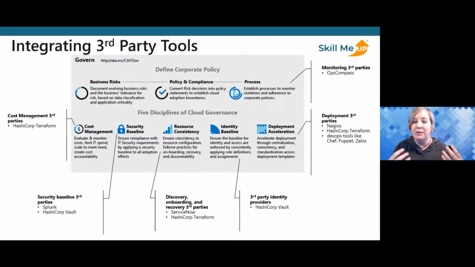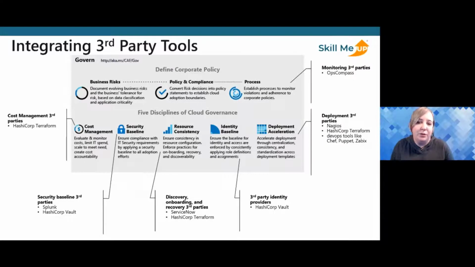You can think about bringing some of your ITIL-based platforms like ServiceNow into Azure. You can think about Nagios as well. There's a Nagios component here that could come into the mix if that's something that you've built out on premises. You've got the skill set on premises and you want to take it into Azure. The beauty here is there's a lot of different tooling that you can plug in to help your governance policy. And it's one of those things, if you really have spent the time and you've evolved the skill set on premises, you can think about continuing that skill set into Azure by deploying these third-party tools.